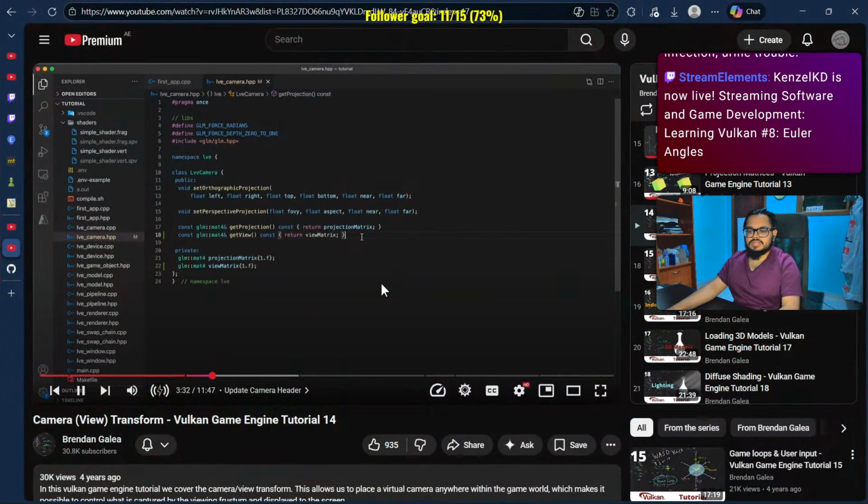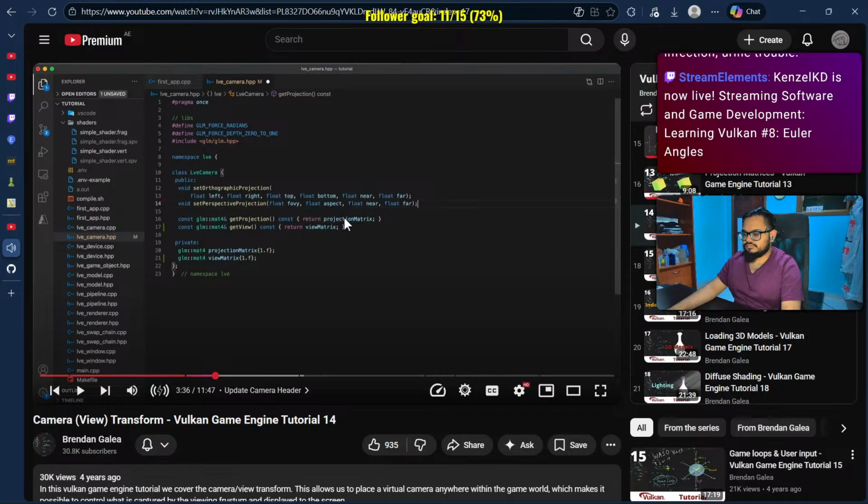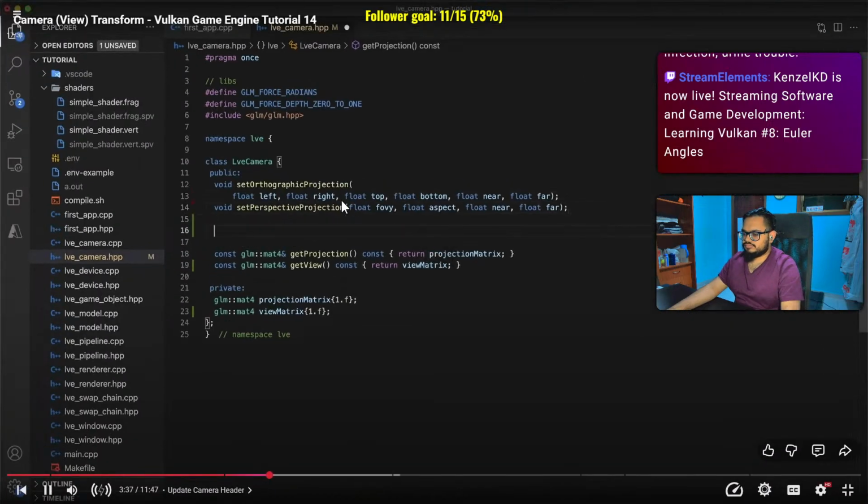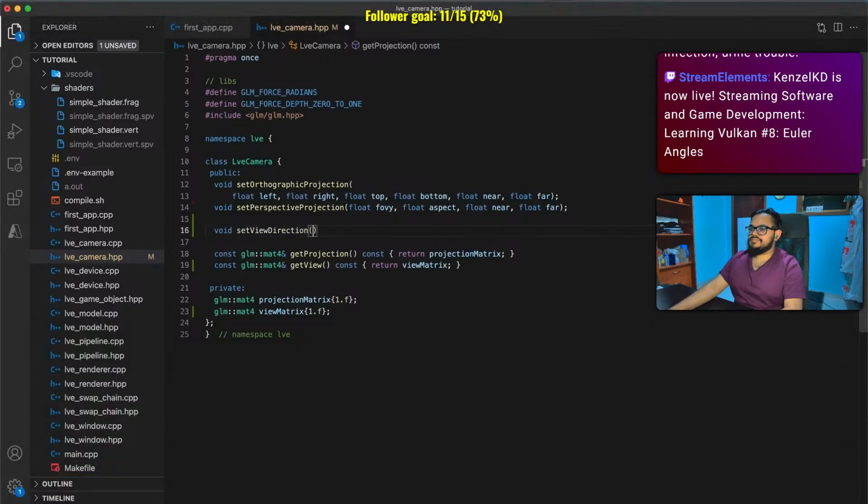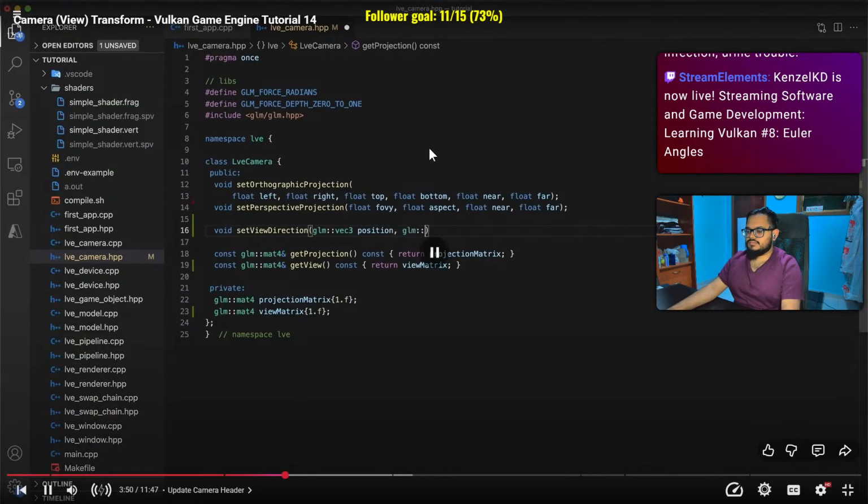Now, there will be a few different ways that are convenient to initialize the view matrix, more than just the three I will show here. So add void set view direction, which will use three parameters. First, a GLM vec3 for the position of the camera. Next, a GLM